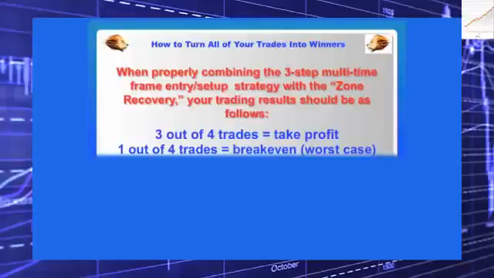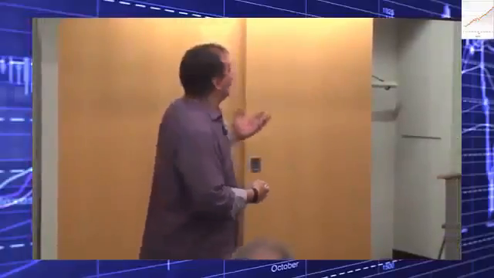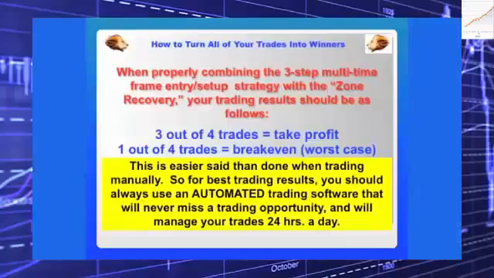Here's how your trading results should be. 3 out of 4 trades, you take profit because that's just a good setup. 1 out of 4, worst case, break even. Now that to me is pretty good results. Right? So now how do you do these zone recoveries? Well, obviously this is easier said than